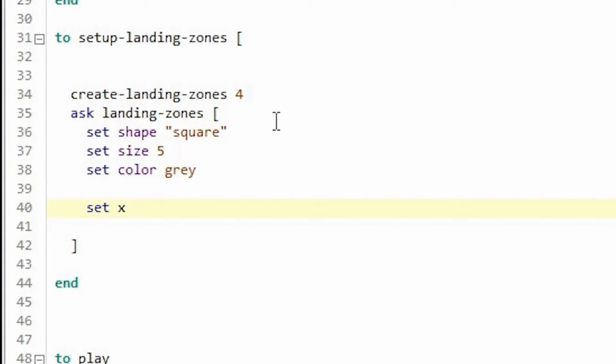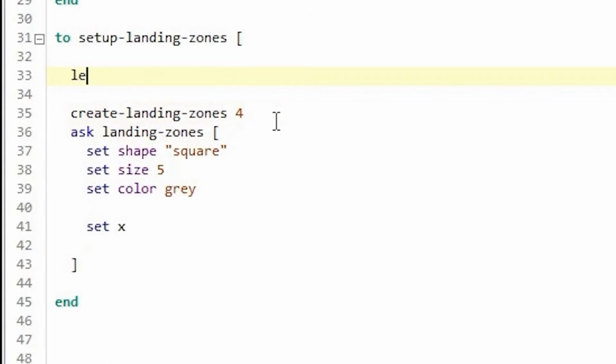To do that, I'm going to define a local variable called x. Let x 0. Whenever you use the keyword let, we can create a local variable in this procedure.